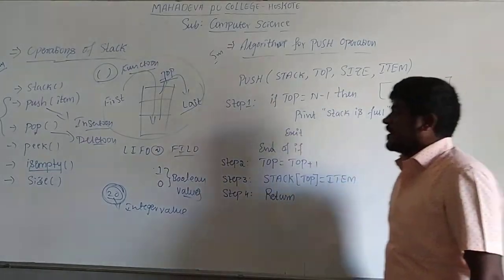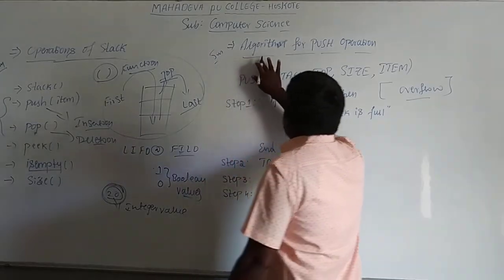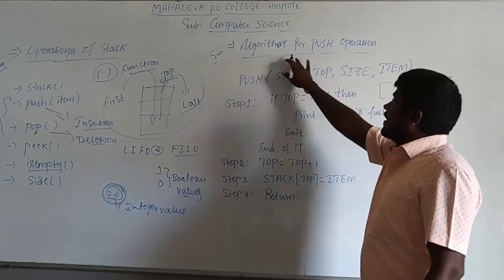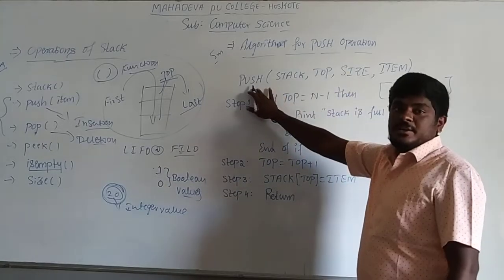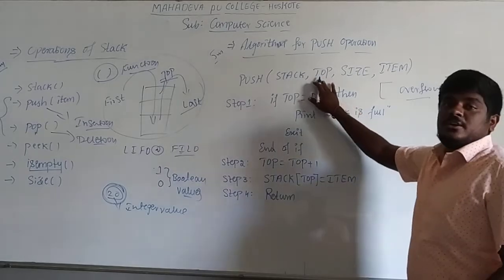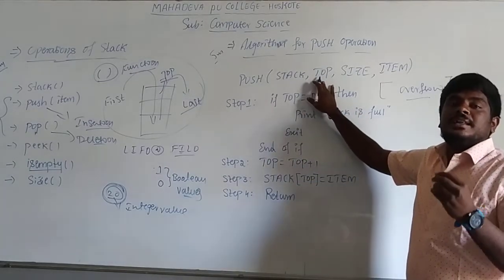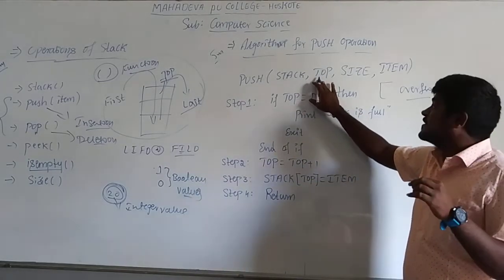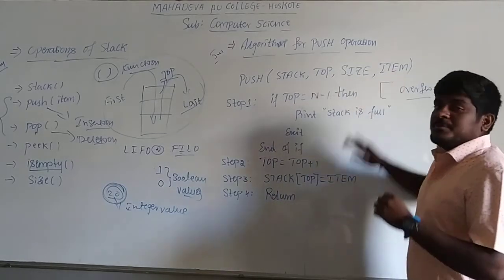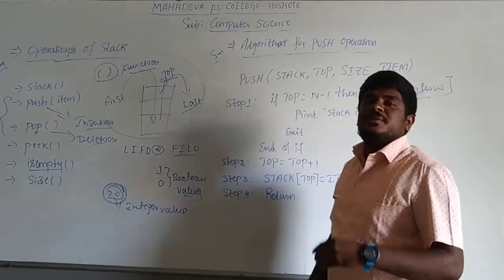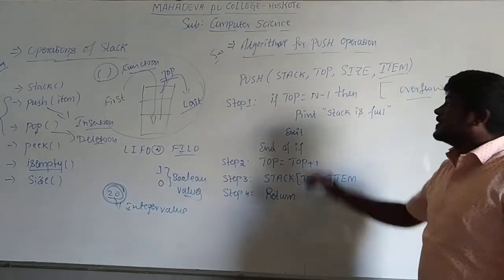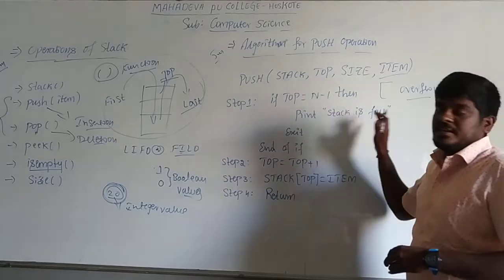That is another condition. So the algorithm, called the stack algorithm, we are using for inserting an element into the stack. Here stack is the name of the data structure, top is the pointer used to point to the top element of the stack, size represents the number of elements in the stack, and item represents the data item which we are inserting. We need to write these terms with their meaning after the algorithm.